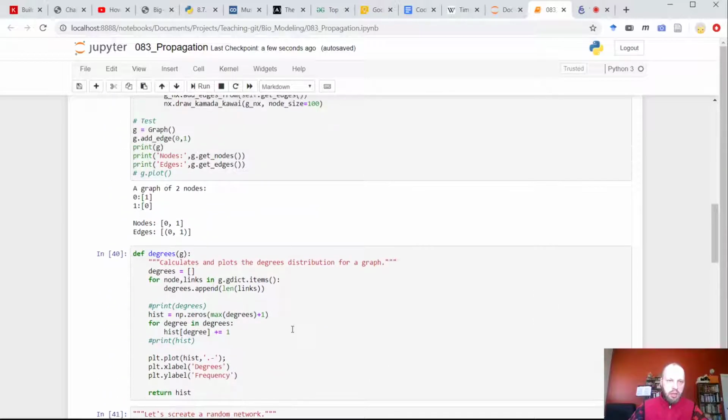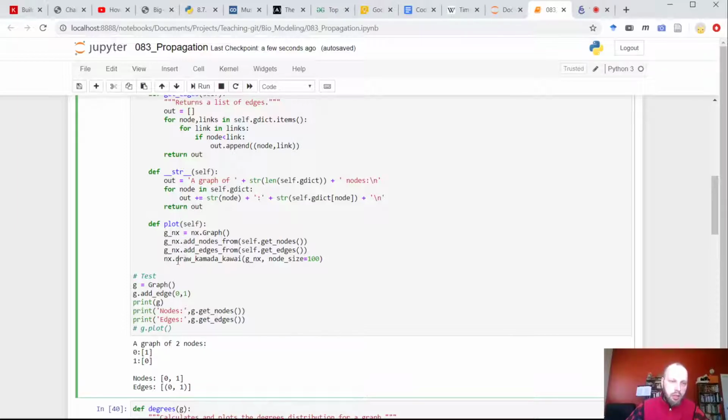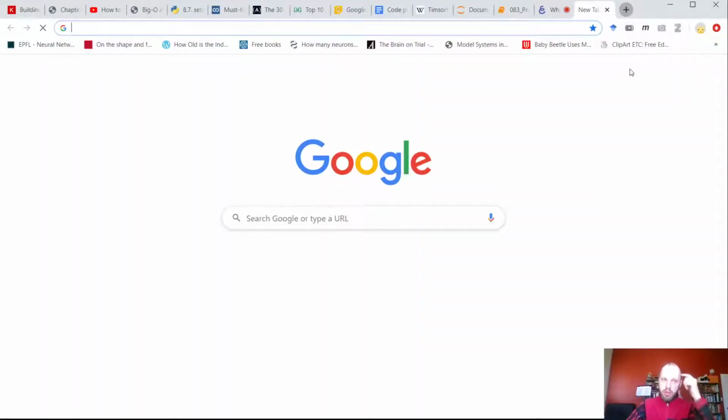Let's look at our plotting method. This method plot that we have relies on the NetworkX module, and it uses this nx.draw_kamada_kawai command, which is a particular spatial distribution of how to arrange the nodes in space, but it's this family of draw functions with different layouts.